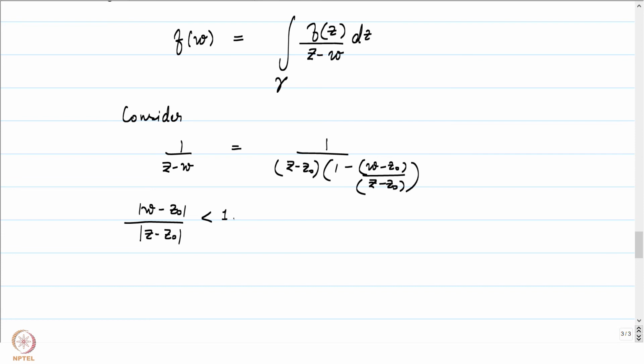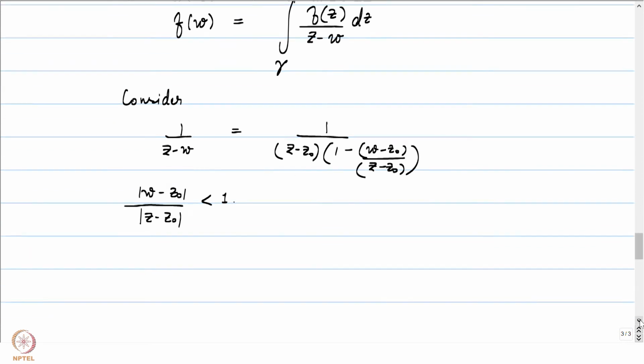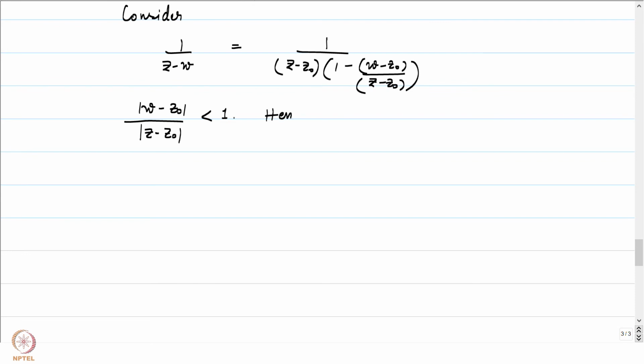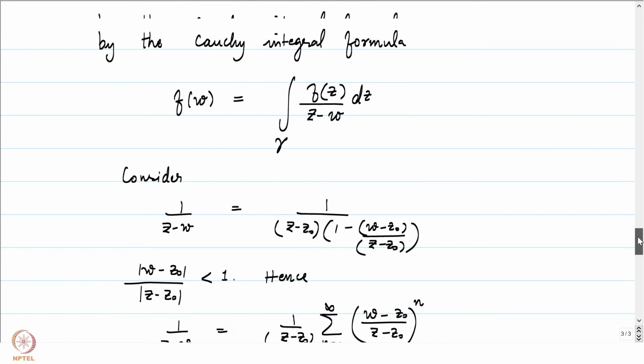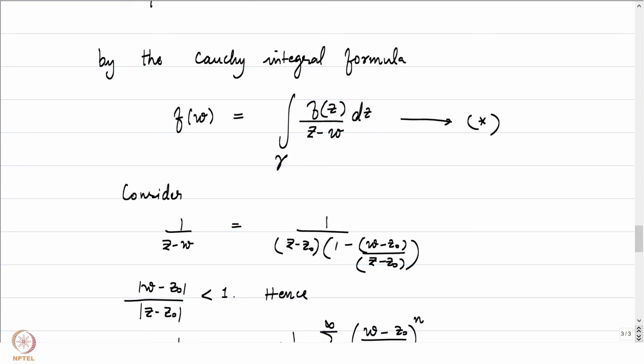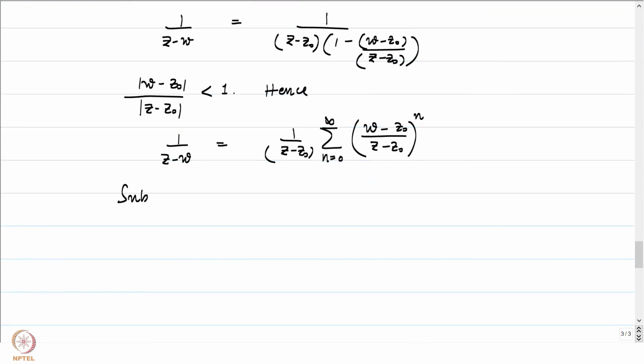So this entire ratio is less than 1, and we can write the geometric power series expansion here to conclude 1 by (z − w) is equal to 1 by (z − z0) times the summation of ((w − z0) by (z − z0))^n, where n is equal to 0 to infinity. This is precisely the geometric series expansion that we have, and by substituting in star,